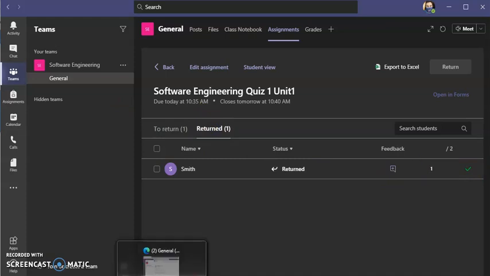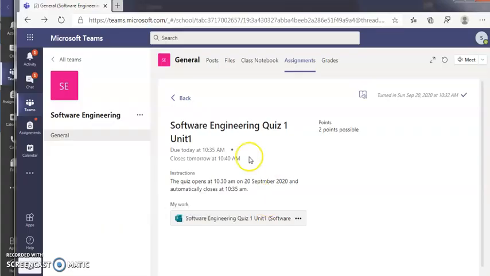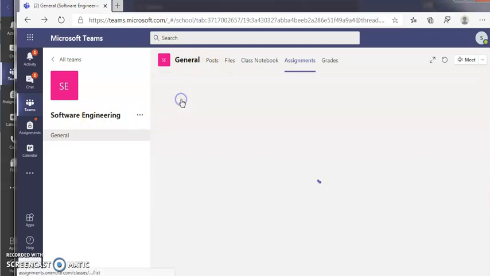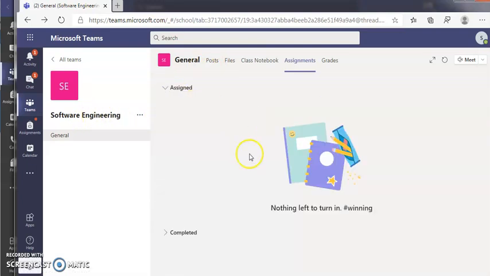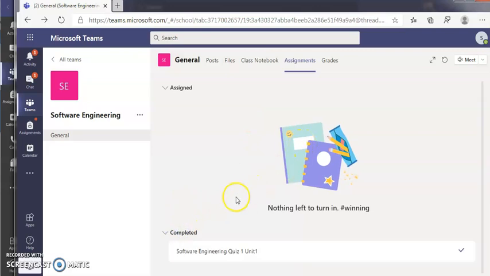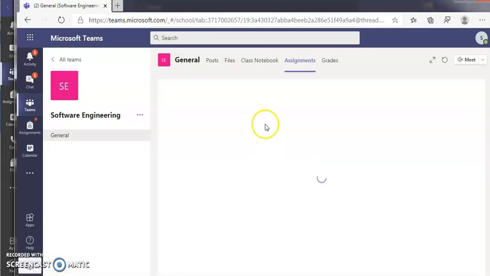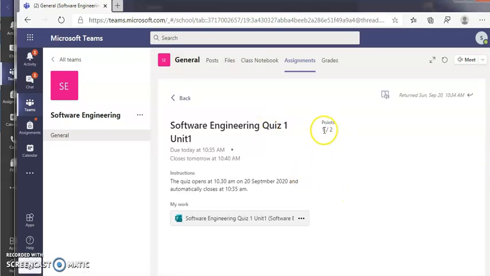Let us go to the student screen and see how he gets it. Okay, because you have already graded this assignment, as he will go to completed assignment, he clicks it. You have sent the marks to him, so this is where the student can see his marks. He answered one question correctly. Now let's come back to the teacher screen.